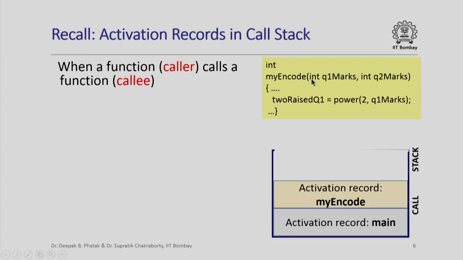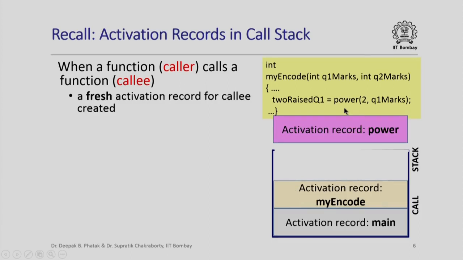Since we are already executing the function myencode, the function main has already been invoked. So in the call stack we have the activation record for main. In fact, the function myencode has also been invoked. So in the call stack we also have the activation record for myencode, and then when the function power gets